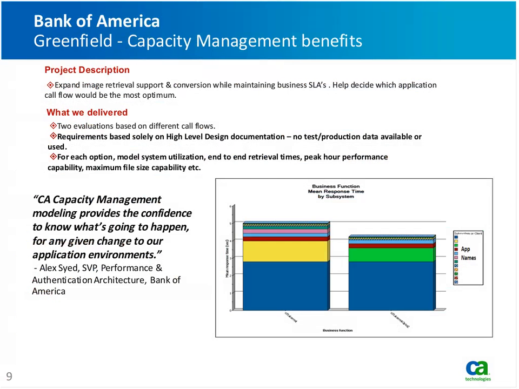And then real quick, another example of capacity management success at Bank of America. When you don't have the performance data available to use to build your capacity management models, like Bank of America did here, they were able to ingest just design documentation around the application. It's a new application that actually hasn't been in production yet, so there's no test or production data available to build models. But at least with the business plans, the design documentation, they were able to understand from an app